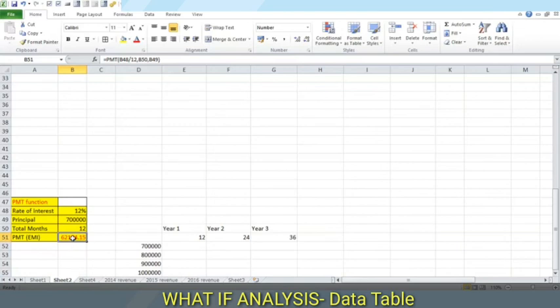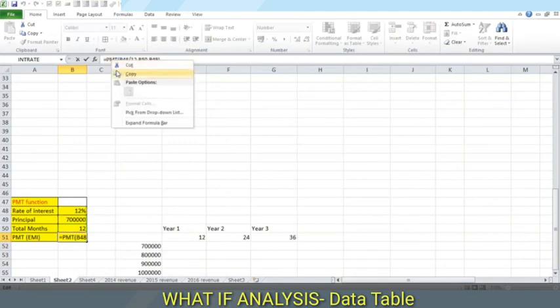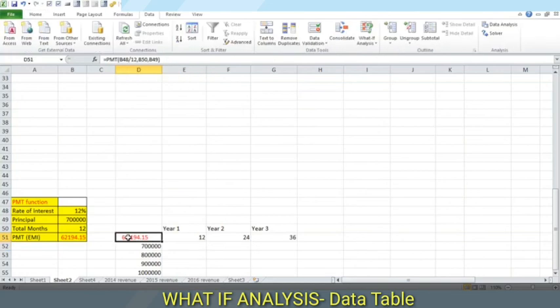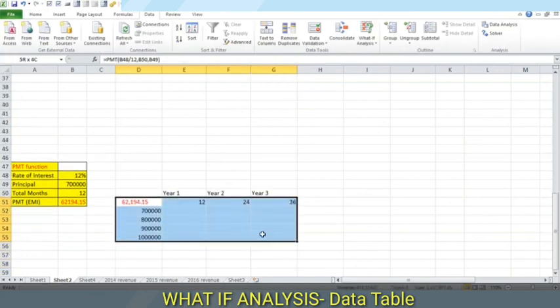But for that, we must first go into the existing formula, copy it, and paste it on this intersection. And now since I have the formula, the changing variables, everything is ready. I'll have to select this full area. This is all the data that I need in order to now make the prediction for all different cases.